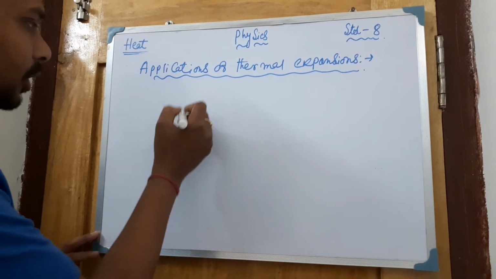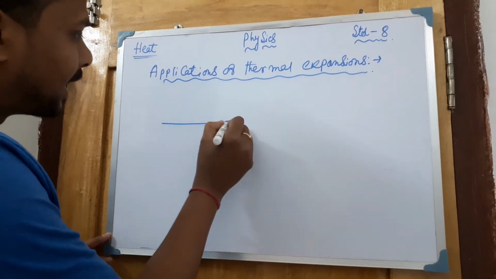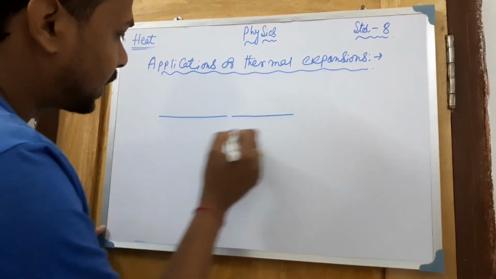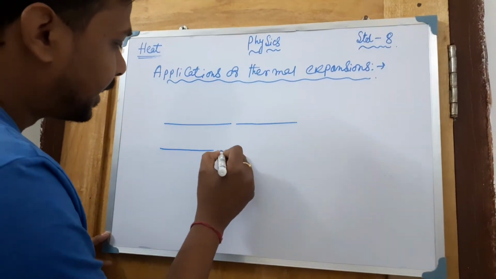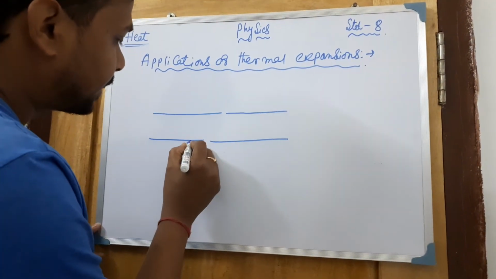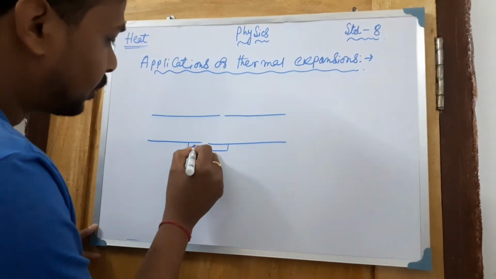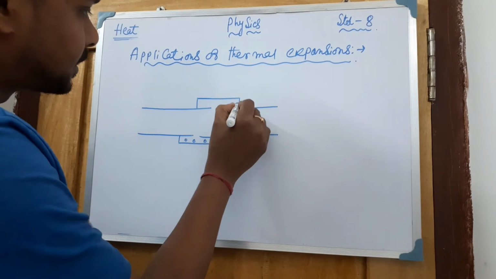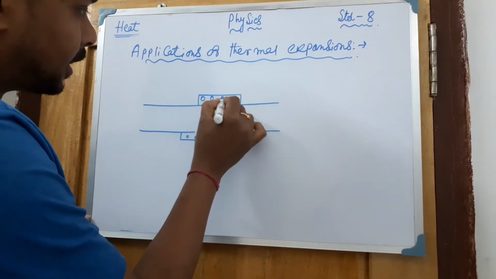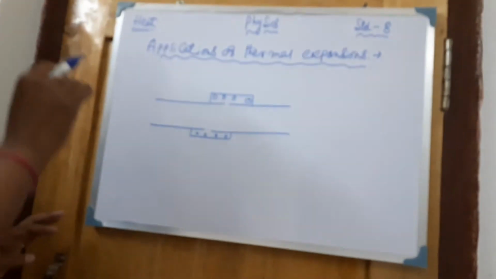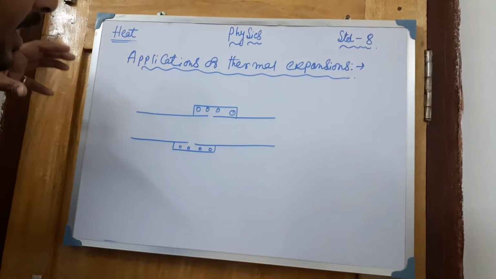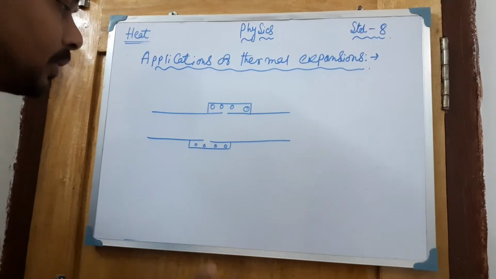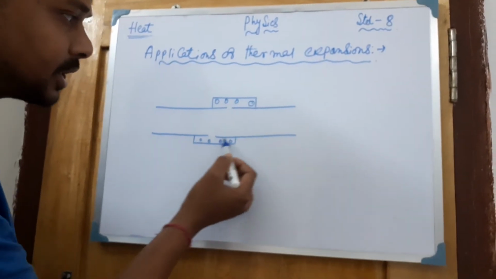So first one, if you talk about the railway lines, any type of railway lines, then we have seen this one. There will be some gaps present in between, and they are actually connected in this way. Maybe you have seen that one. Like this they are connected. So now the thing is that whenever any type of train or any type of vehicle will pass through that one, then definitely there will be friction generated.